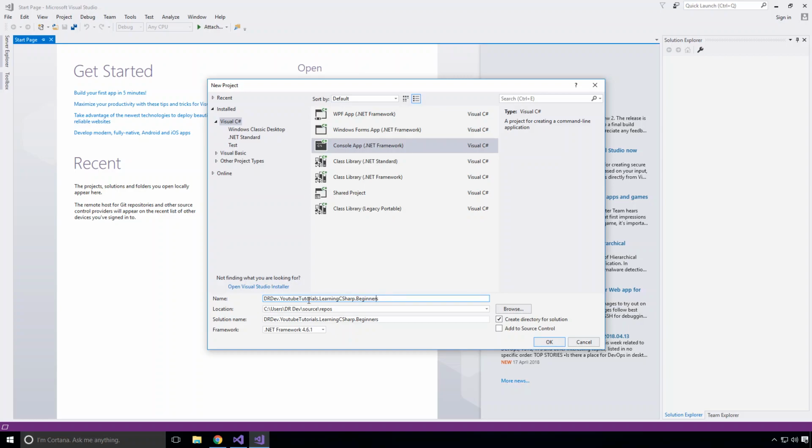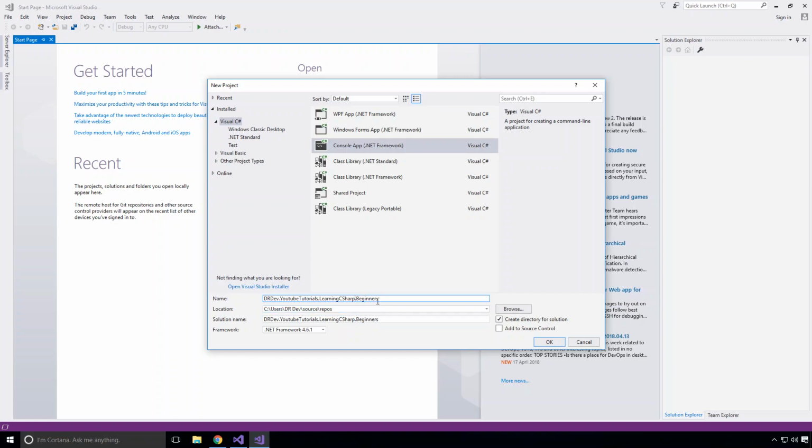And the reason we do it like this is because we'll probably create a new project in the future and it'll have the exact same name, but at the end it'll be intermediate or maybe advanced. And that way we have that separation of concerns. We can nice and neatly structure our entire solution, the entire hierarchy, and it just makes things a lot easier to manage and maintain. So similarly with the solution name, as we can see down below, we're being asked for